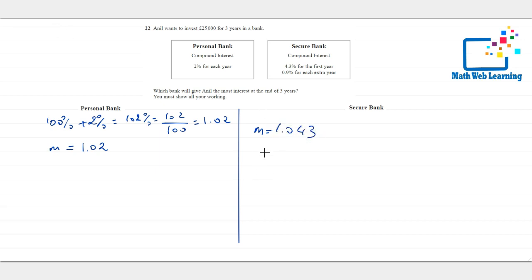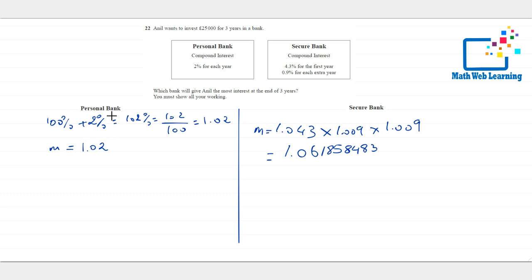And then in year 2 we have another multiplier, which is 1.009, again using this method. So we're going to multiply it by 1.009. So that is the first year. This is the second year, and the third year is the same as this one, 1.009. So you can see if you did the calculation in this one, you will get,